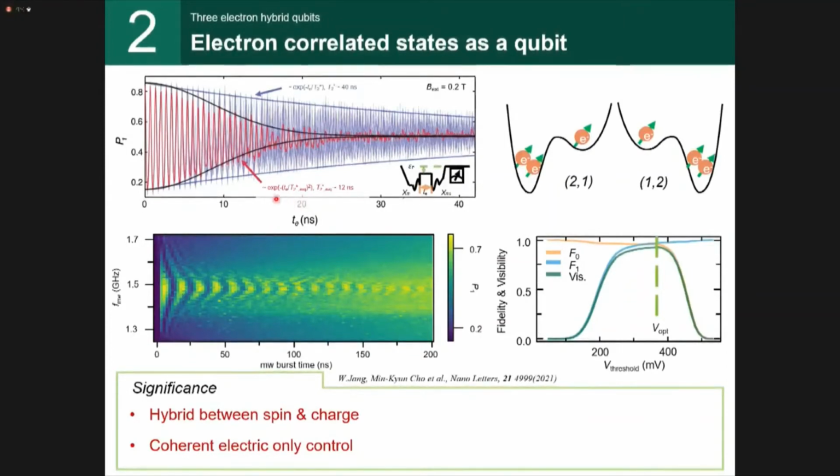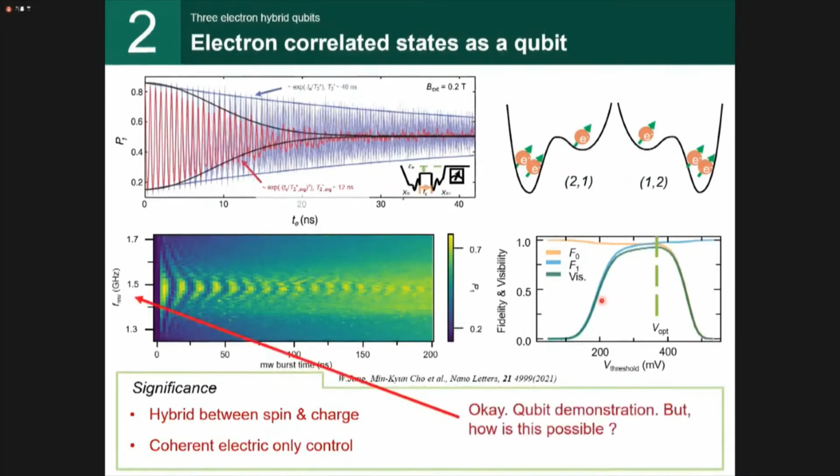It is still limited by the nuclear field or hyperfine interaction, but you can see that we can do coherent manipulation even in gallium arsenide with single-shot measurement capability. So, qubit demonstration,